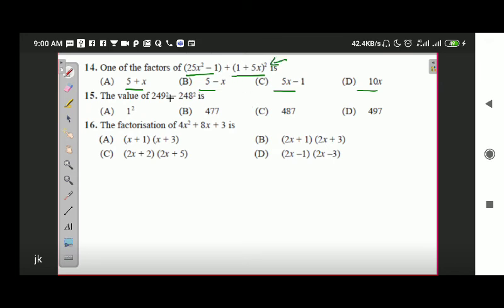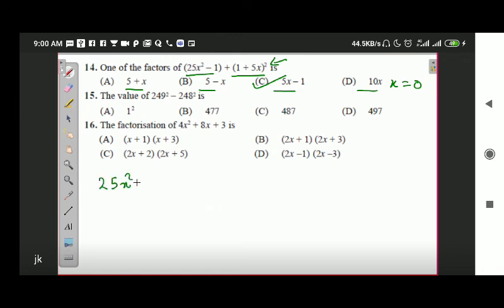For example, for D part, x is equal to 0. You put 0 in the place of x and you check whether the answer is zero or not. If the answer is 0, then it is the factor. If not, it is not. Try this one. The C will be the correct answer. You can also try to factorize it. You can also do the prime factorization. Let me simplify the given expression.